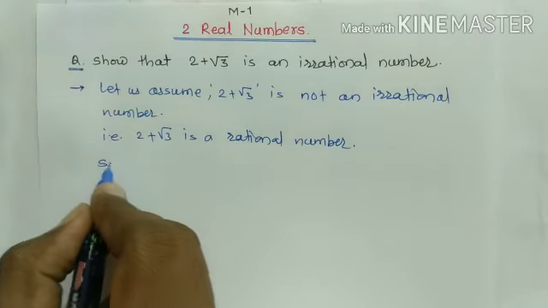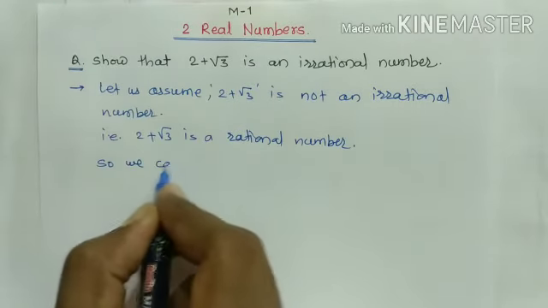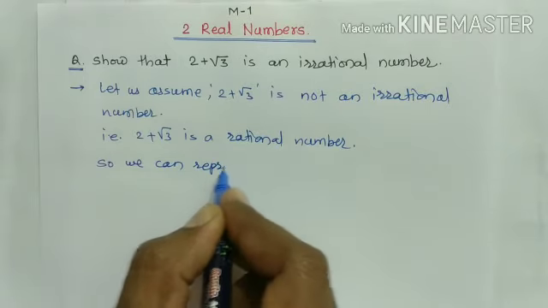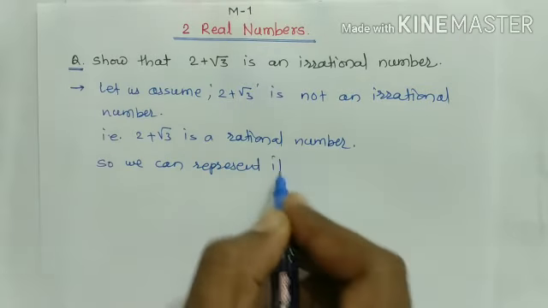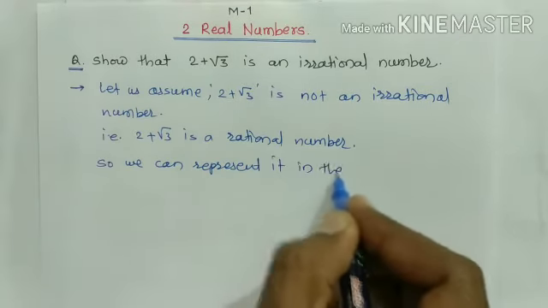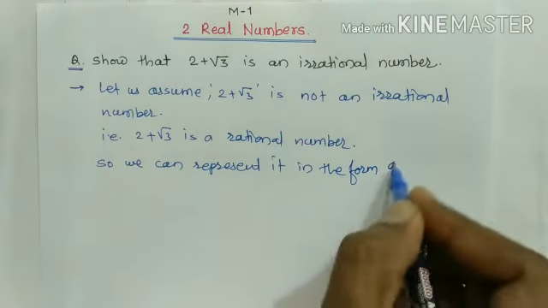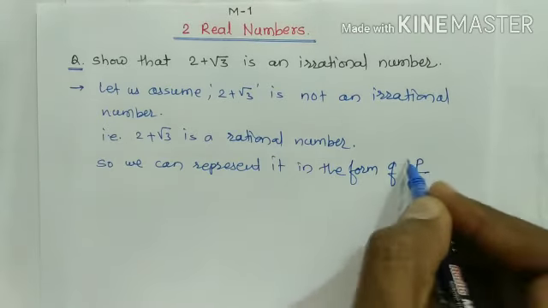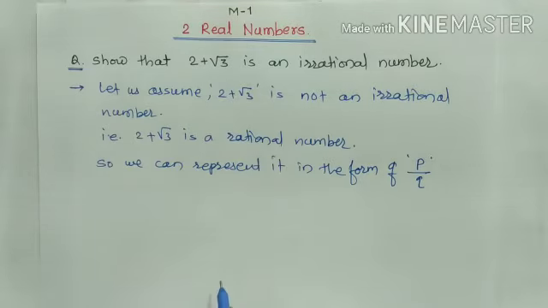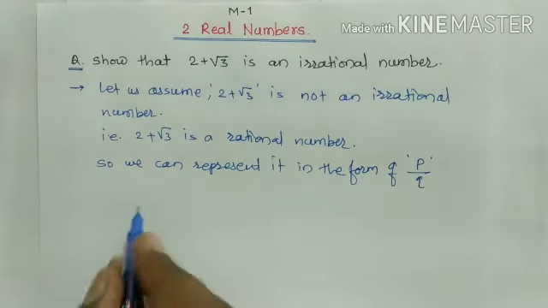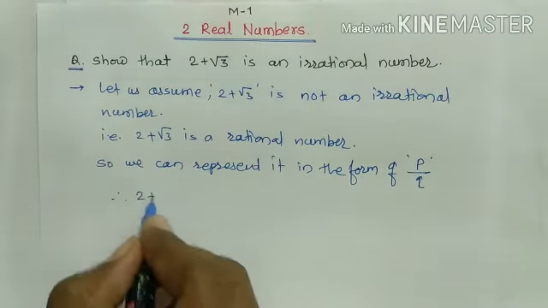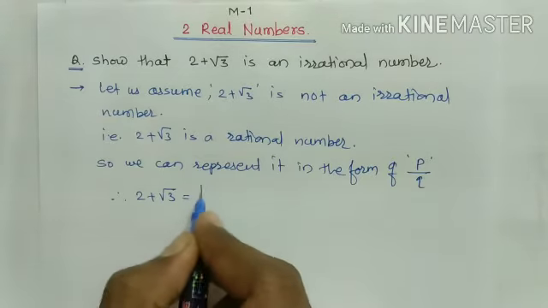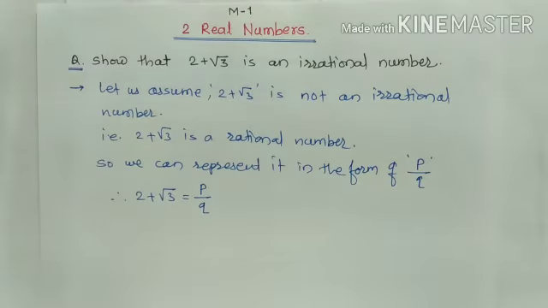Therefore we can represent it in the form of p upon q. Therefore this 2 plus root 3 equals p upon q, and therefore this root 3 equals p upon